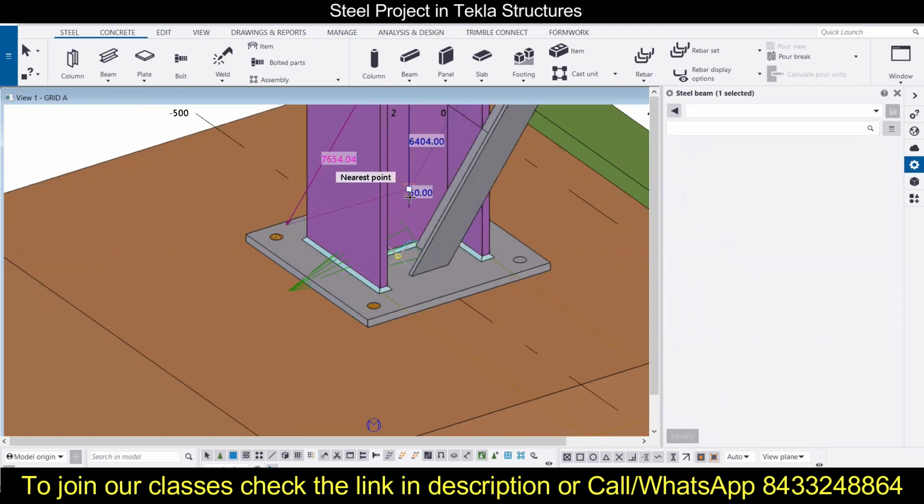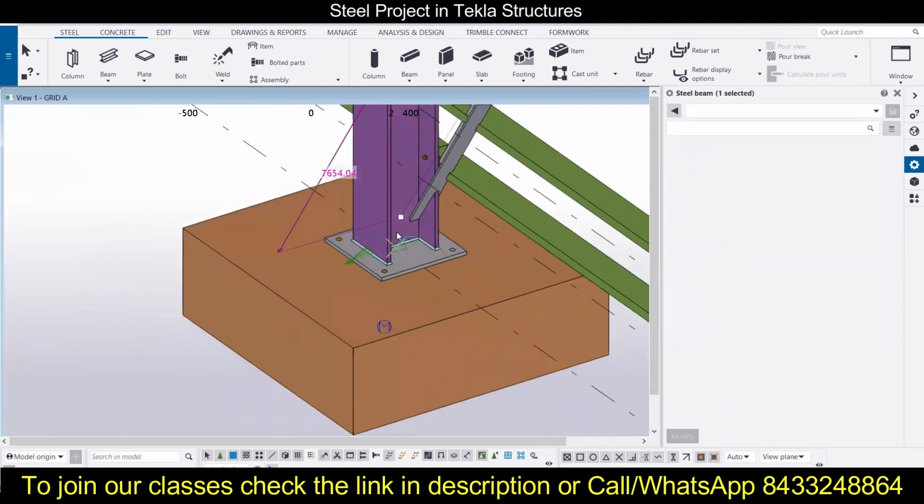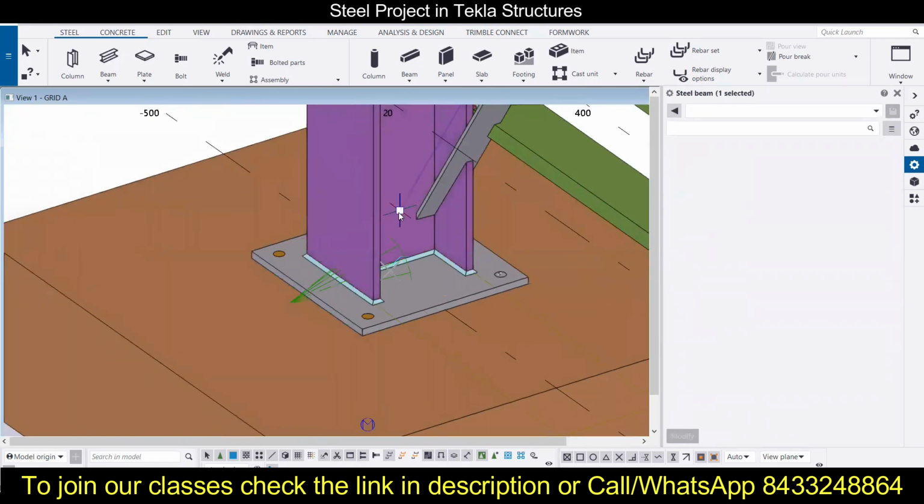Okay, so I can move it like this also, or I can just use the move option to move it. Okay, so it's up to me what I want to do and how I want to do it. So I will prefer this way because this is a more sophisticated way of doing it. So I will go with this one.